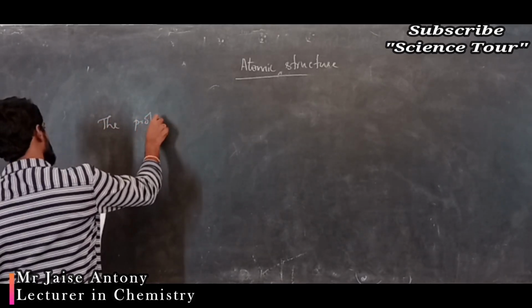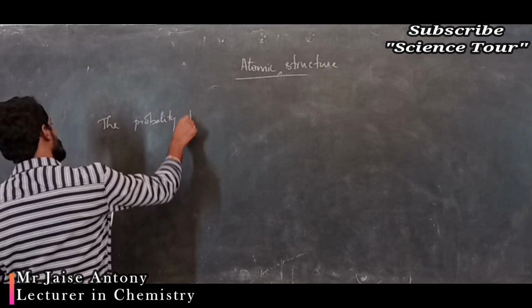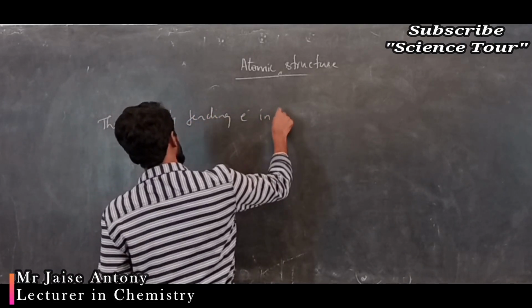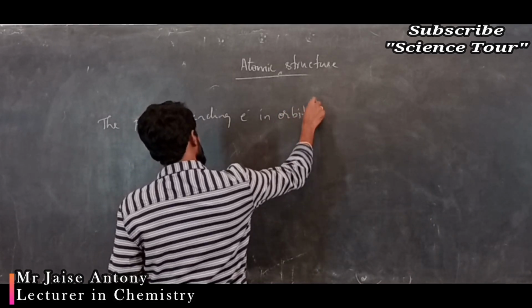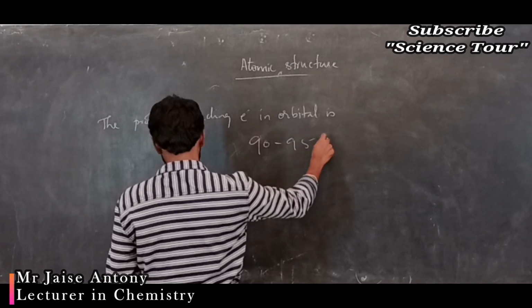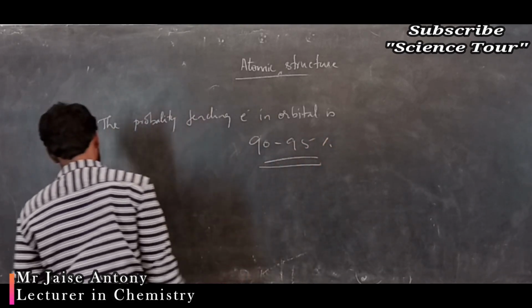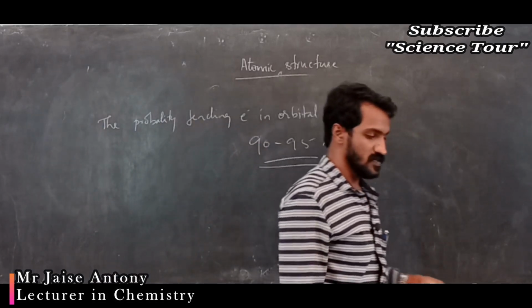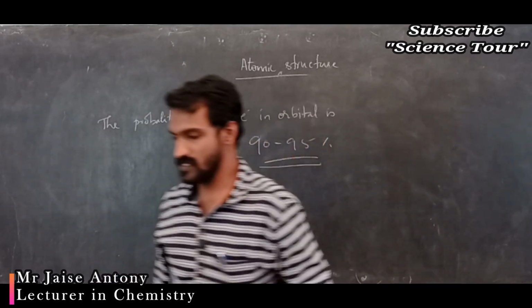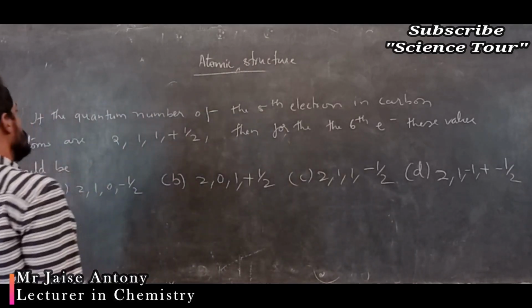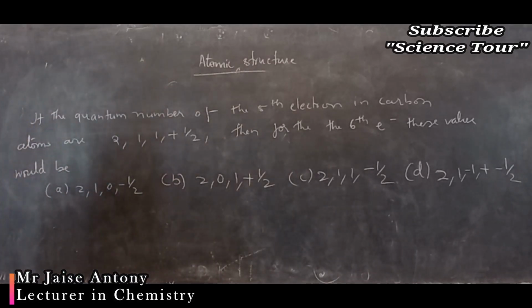Probability of finding electron in orbital is 90 to 95%. Okay, answer B is correct. Answer B is correct. Answer B. Please note down, my dear students. Answer B is correct. Students, the question: if the quantum numbers of the fifth electron in carbon atom are 2,